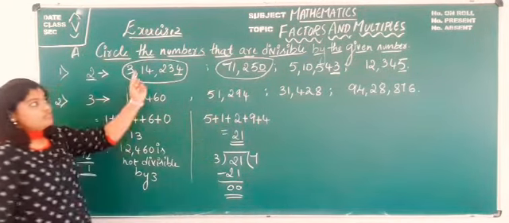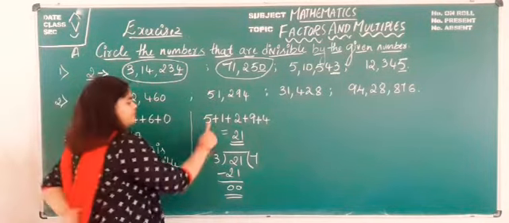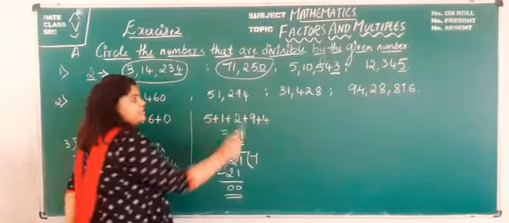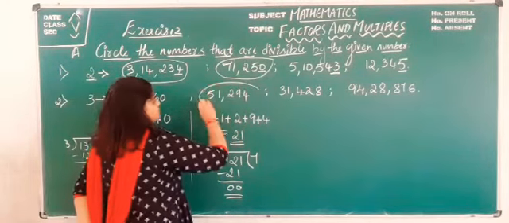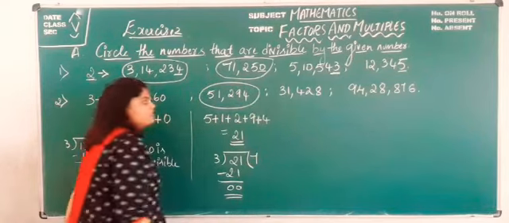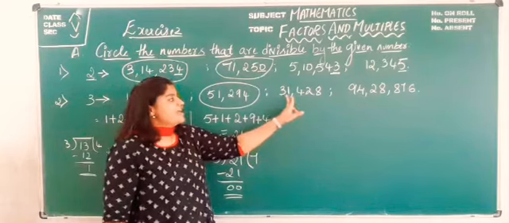So here we have to circle those numbers that are divisible by the given number. So here this 51,294 is divisible by 3. So we shall circle this. So next we are having